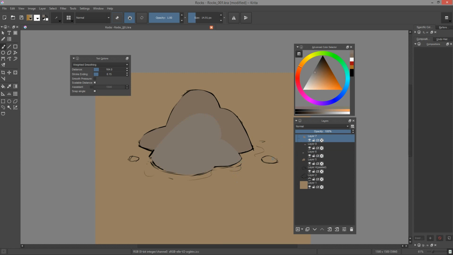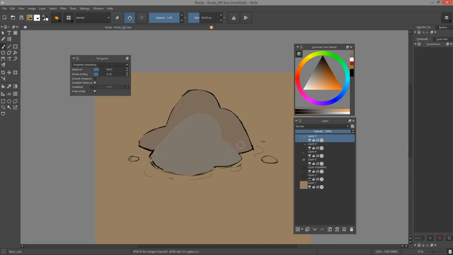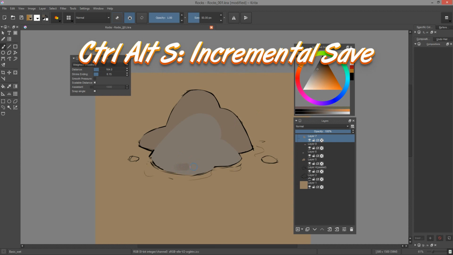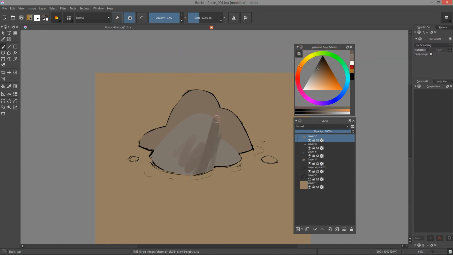This may prove to be too much in-game, depending on the exact perspective of the ground. For that reason, I keep each asset split on its own layer so I can move it down vertically at any point in time. This also allows me to extract individual objects and to turn them into new sprites later on if need be. A quick tip, you can use the Ctrl-Alt-S combination to save a new numbered version of your file. Incremental saves are very important in case you want to reuse older versions of your sprites.